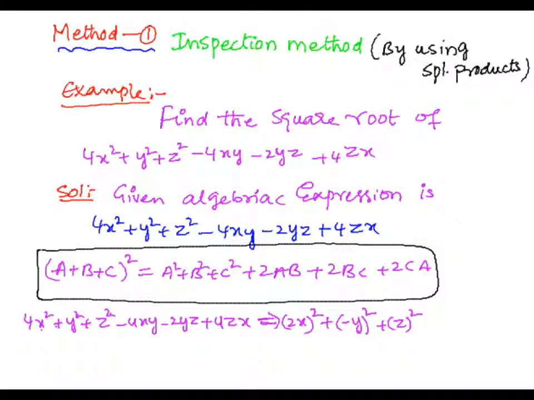Let us compare here a as 2x, b as minus y and c as z. So here a equals 2x, b equals minus y and c equals only z. So here a square, that is 2x whole square, then b square, that is minus y whole square, plus c square, c is z, that is z square, then the remaining terms, that is 3 terms, plus